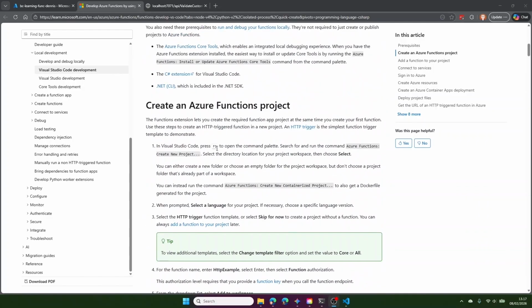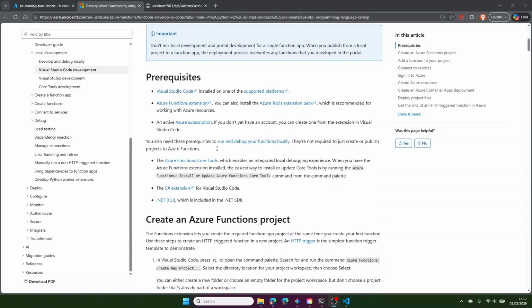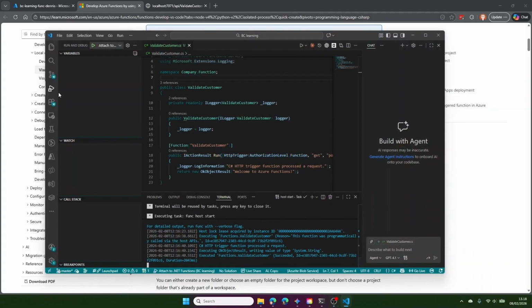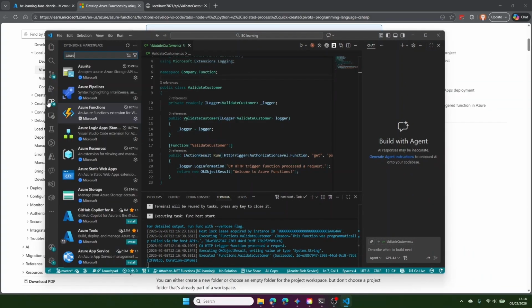Now, as I said, this is a little bit complicated. This is also why I actually prefer doing things in Visual Studio, because everything is already set up in Visual Studio. You don't have to set all of these things up. But anyway, if we now go to our Visual Studio Code here, you can see I have installed my Azure Functions. I have my Azure resource. I have a lot of different Azure things here. And that's kind of always the problem, I think, with Visual Studio Code. You end up having a lot of extensions and never really knowing which one of them you use. Anyway, install the ones that they said,